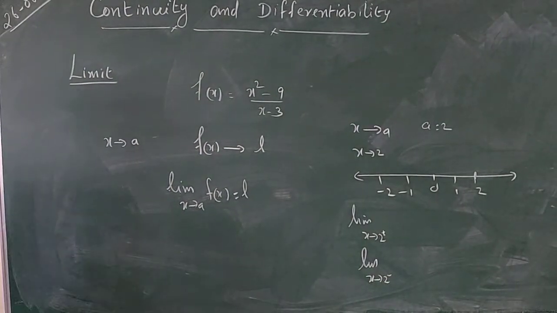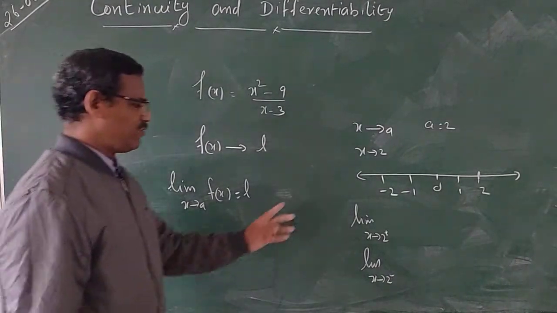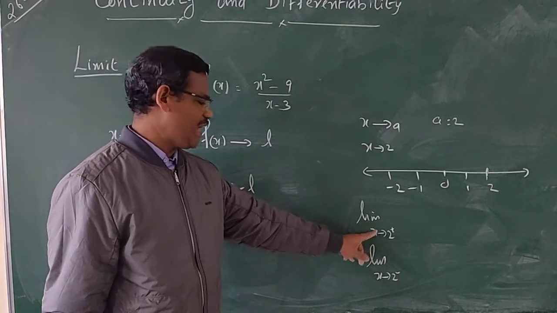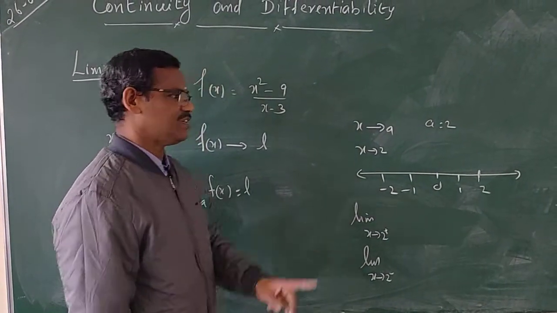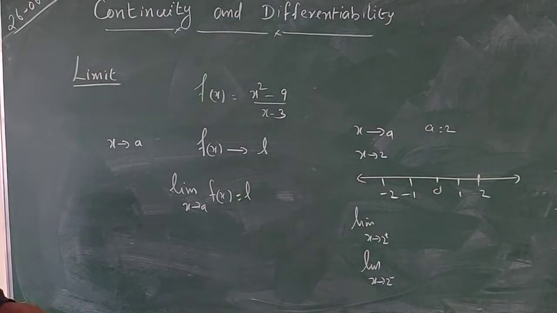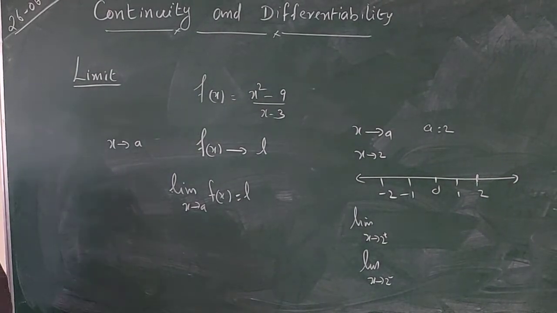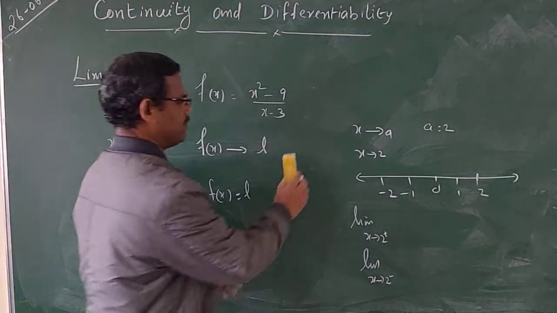And this also you have studied in class 11. Where we say it is the right limit and this is called the left limit. And also there is a word, existence of limit. The existence of limit means,